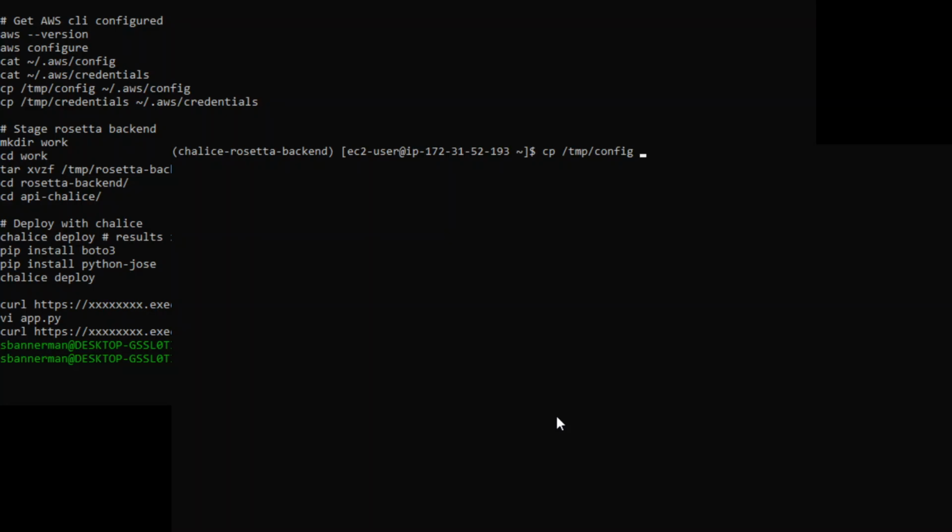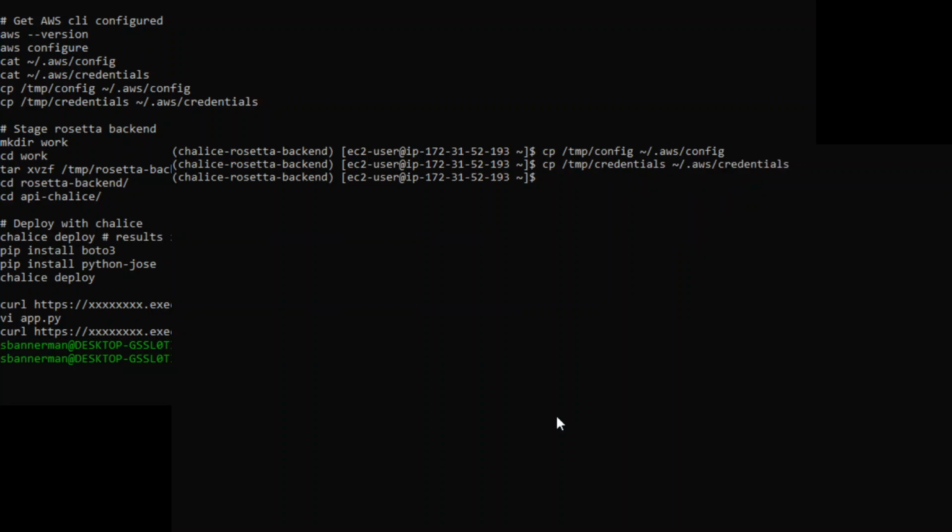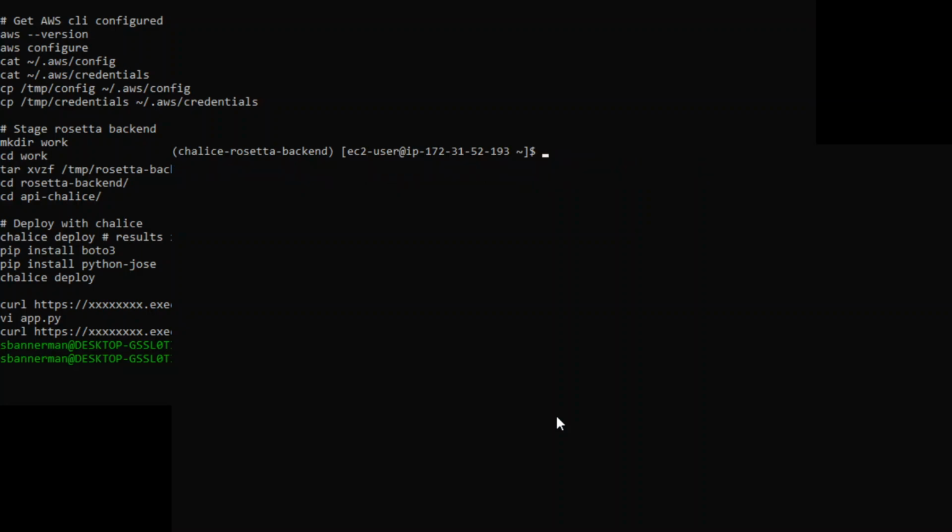So if I copy this temp config to that AWS config file and then do the same with the credentials, then I will have seeded the AWS command line with the proper information to actually go ahead and deploy the Chalice application. Okay,